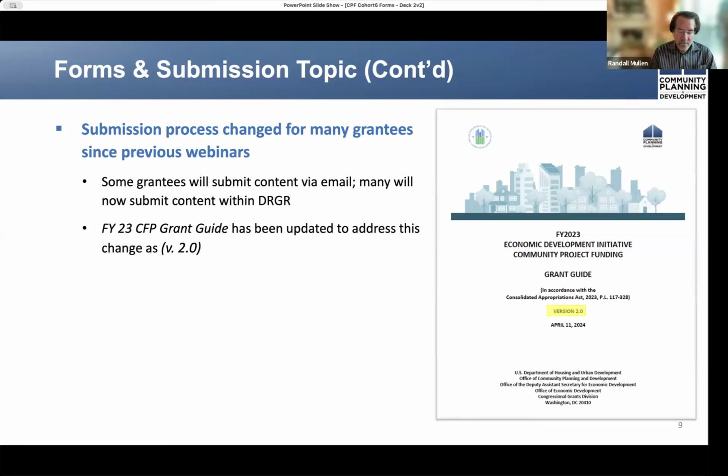The FY23 grant guide has also been updated to address this change, and that version of the grant guide has been published on the HUD Exchange as version 2.0. You will note the different version number shown on this screenshot. Accordingly, I will provide you with an overview of the two submission processes, and then Jennifer and I will cover each of them in other parts of the presentation.